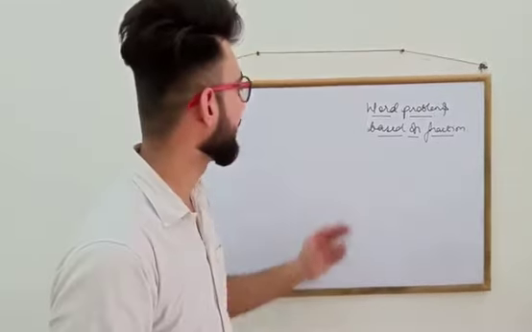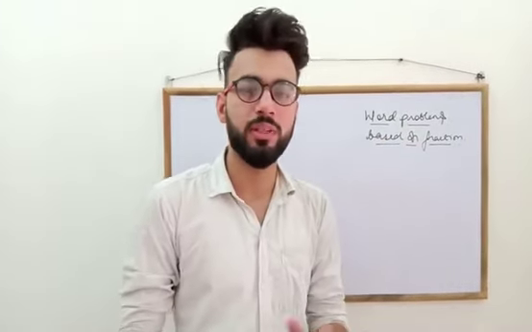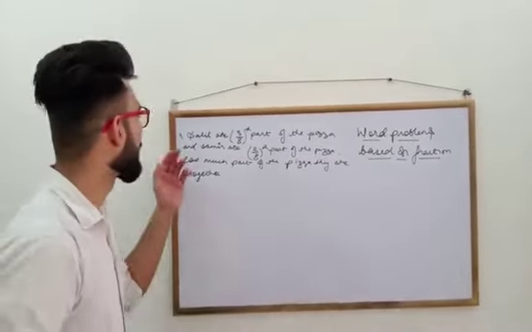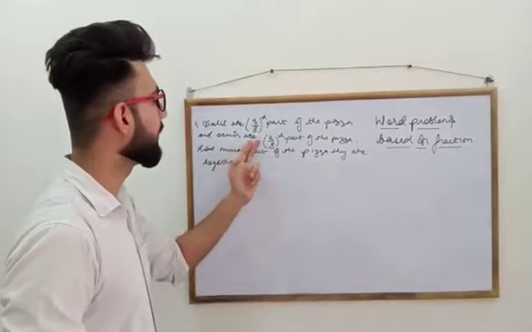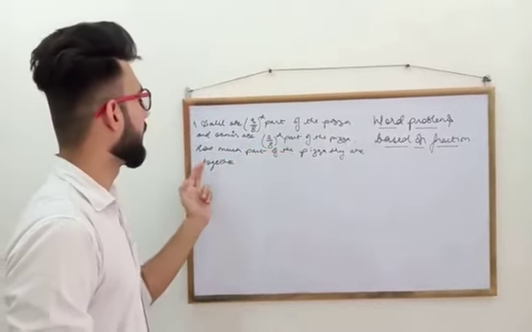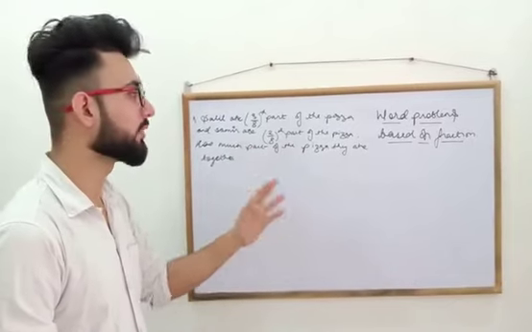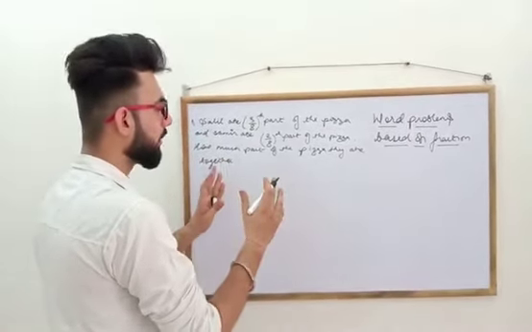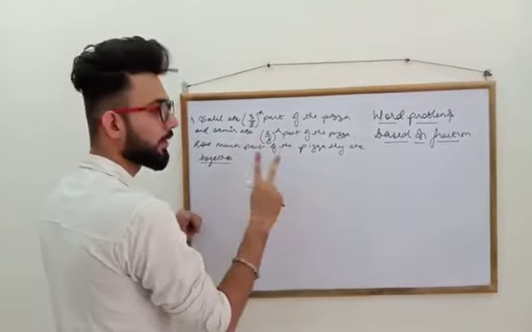So first topic for today is word problems based on fractions. Today we will be learning about word problems based on fractions. Towards the first question. Salil ate 3/8 part of the pizza and Sameer ate 2/8 part of the pizza. How much part of the pizza did they eat together? We need to find the total part which they both ate together. When it asks how much part of the pizza they ate together, it means we need to add.